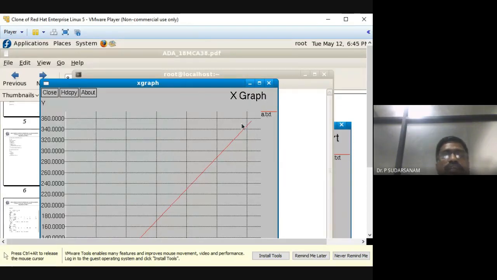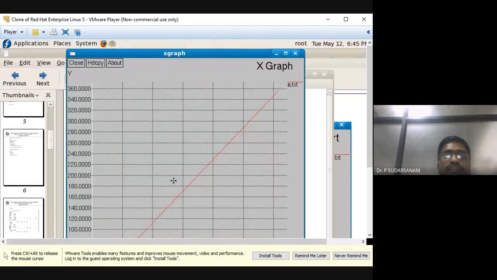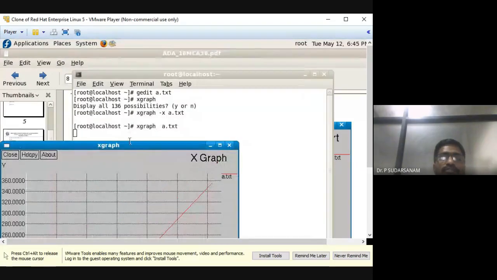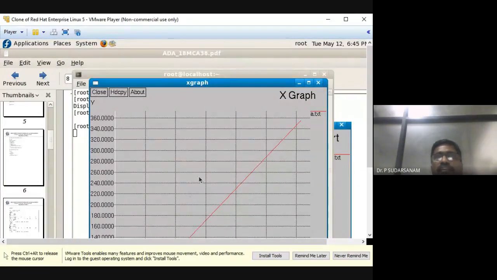So this is the graph you got, because I've entered some values. Based on this, you will be getting the graph. You have to take a screenshot of this and enter it.